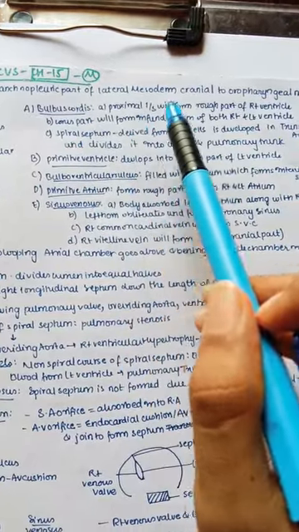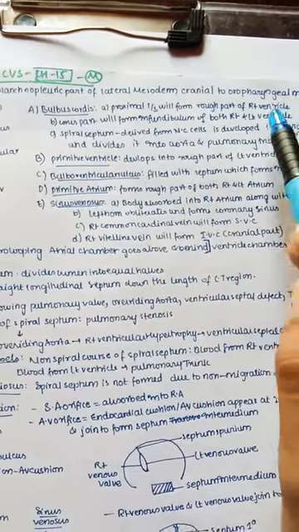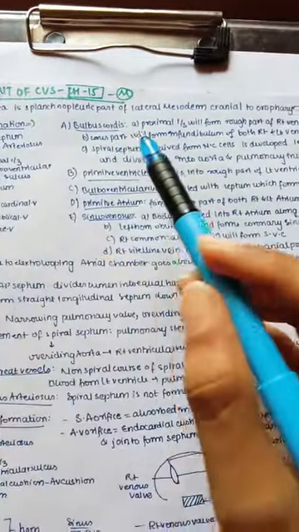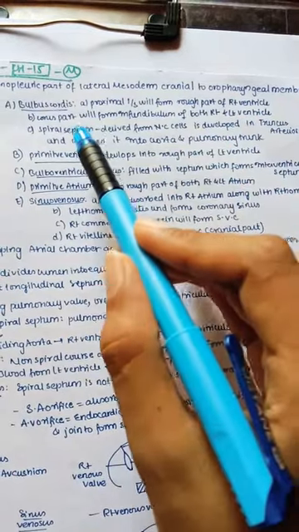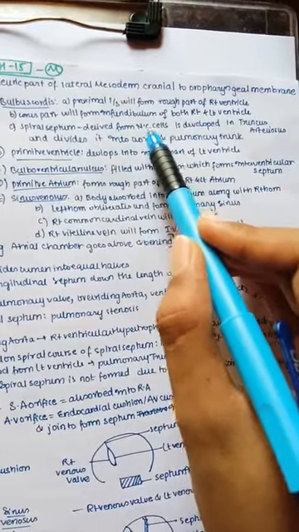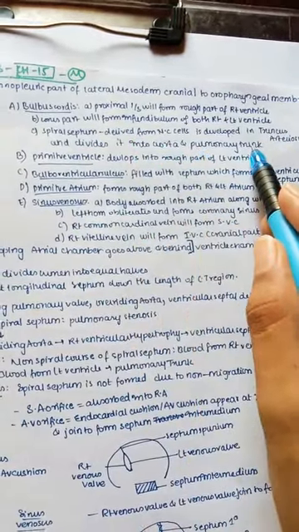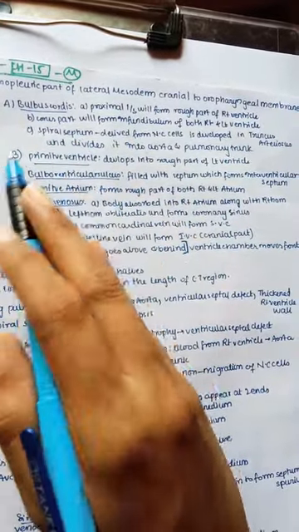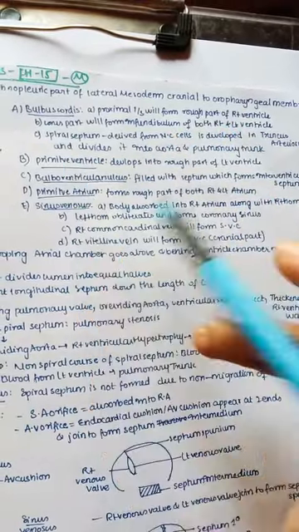So the bulbus cordis proximal 1/3 will form the rough part of the right ventricle. Now we'll see what forms what. So this proximal 1/3 gives rise to the right ventricle, and the conus part will form the infundibulum of both right and left ventricle. The infundibulum is nothing but the outflow parts, and the spiral septum is derived from the neural crest cells, developed in the truncus arteriosus, and divides into the aorta and also the pulmonary trunk. So aorta and pulmonary trunk are formed from the spiral septum, and the conus part gives rise to the infundibulum of both right and left ventricle.